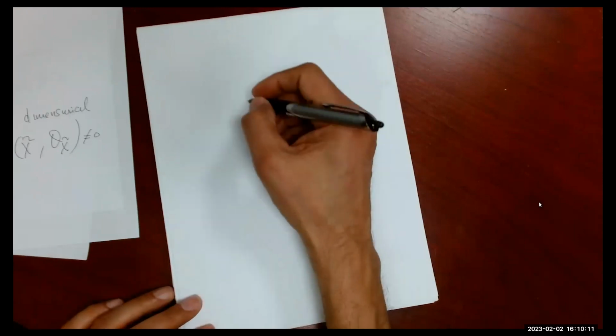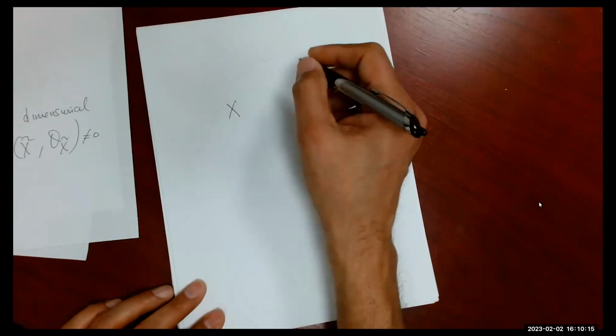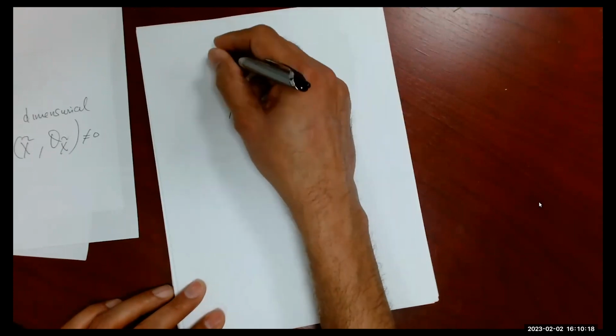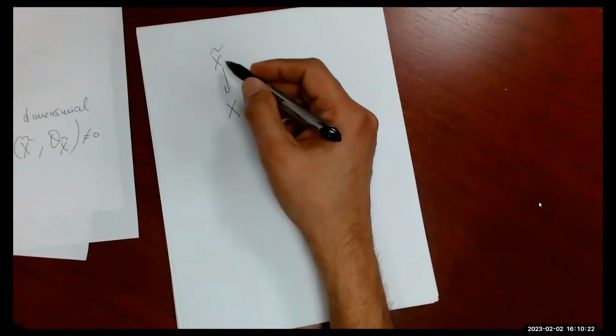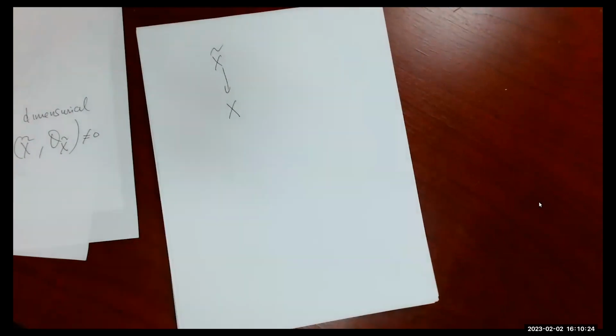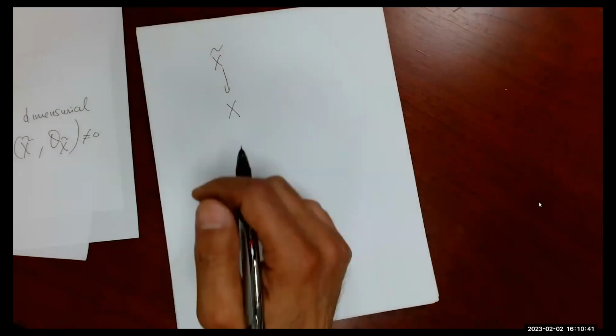So now I look at the following situation. I have X, say, smooth projective. I have the universal cover. So I need some way of trying to actually attack this question when we don't have holomorphic functions or methods from, say, complex variables to attack these questions. So I'd like to use an idea of Bochner. Let me explain what I want to do next.